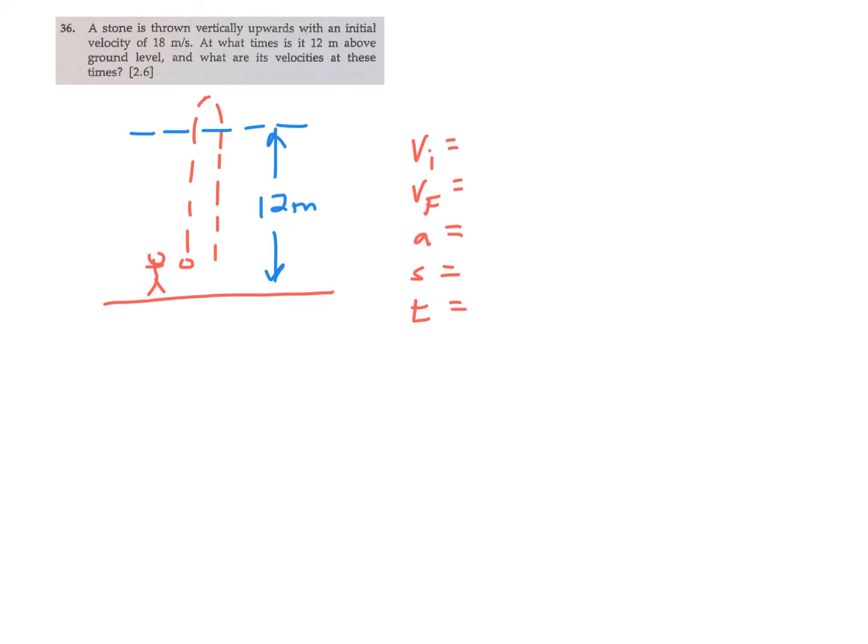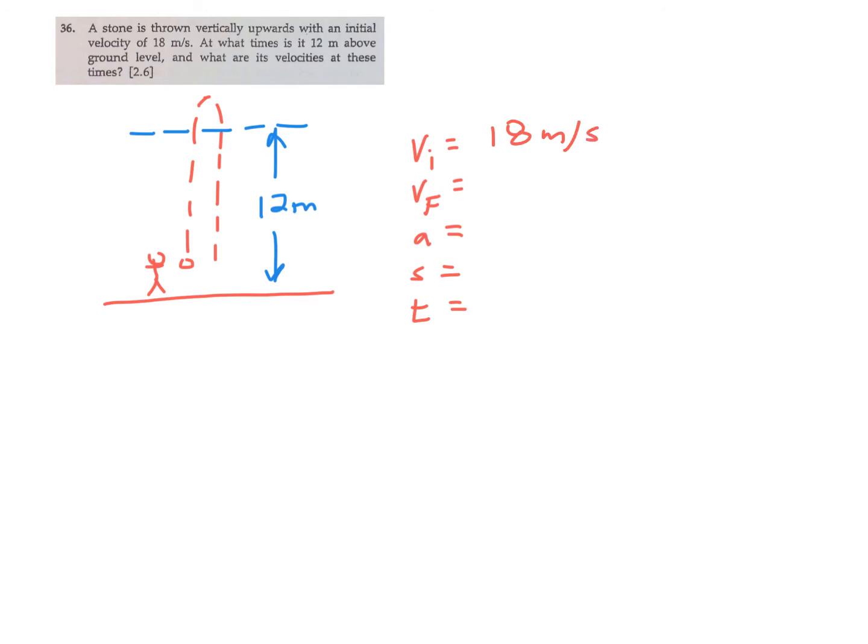Day 26, Honors Physics, Problem 36. Here's your basic diagram and setup. This ball or stone is tossed with an initial upward speed from the ground of positive 18 meters